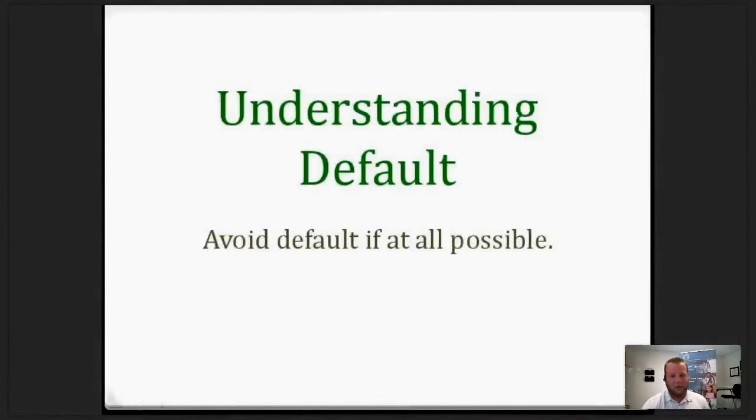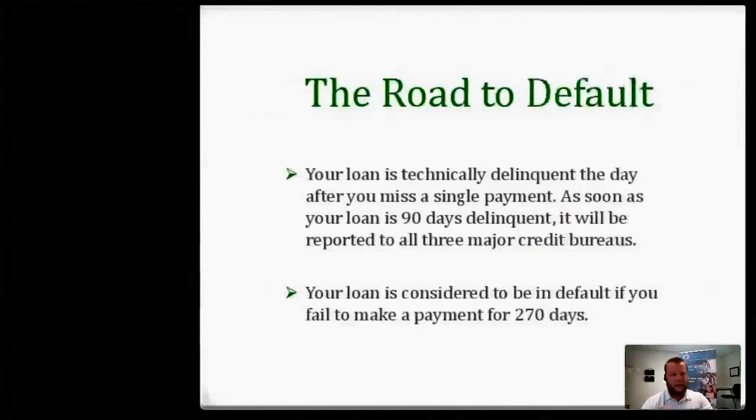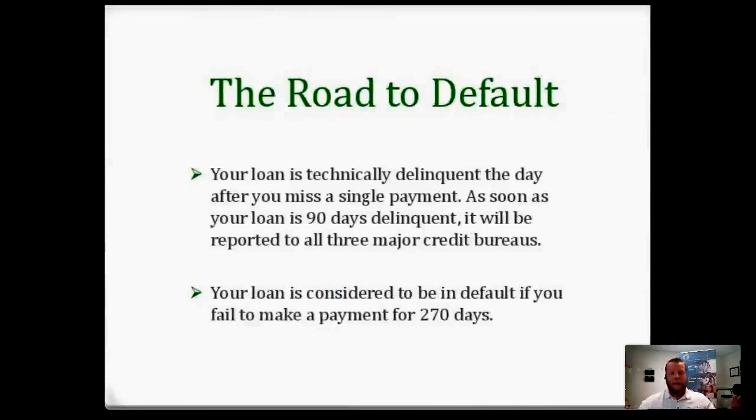All right, default. Guys, I'm going to get right into default. There's a lot of people that are dealing with defaulted student loans. I talked about it in the beginning. 4.3 million people are in default right now with their federal student loans. 4.3 million. That's a ton. It's a lot of people. Shows you student loans is a huge issue right now. But they're government-backed loans. You need to pay them. That's just all there is to it.